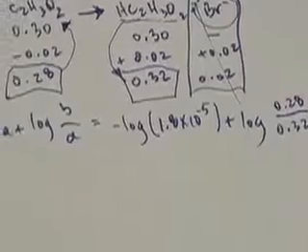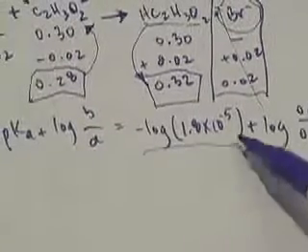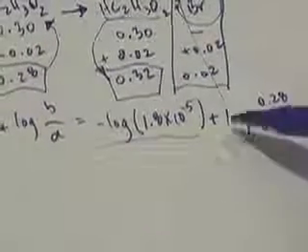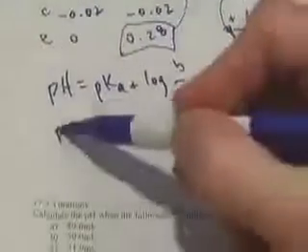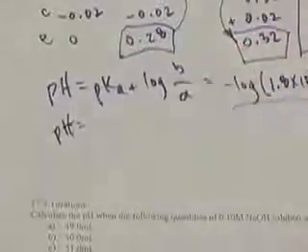Now you can take out your calculator and you can punch in the negative log of this. You can divide this and take the log of it, add the two together, and you should know the pH. And if you run this through your calculator,